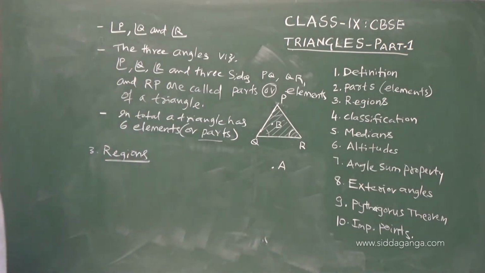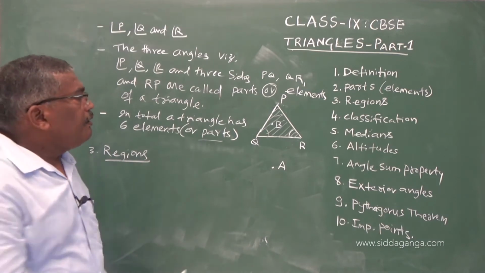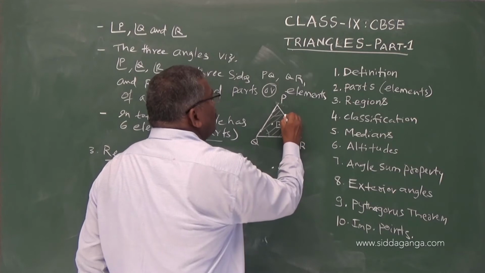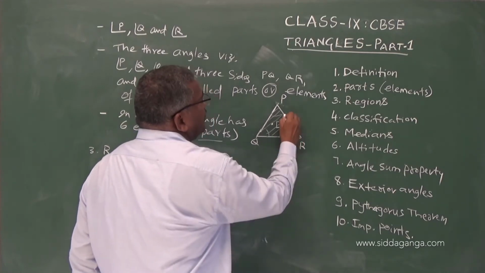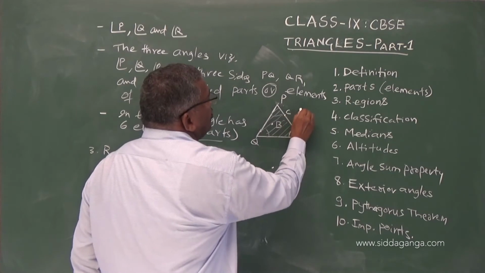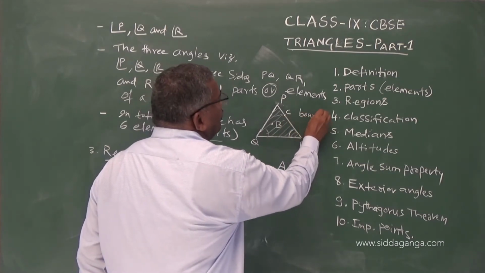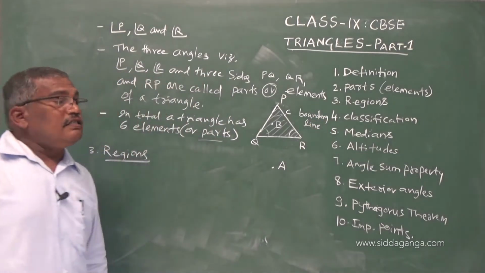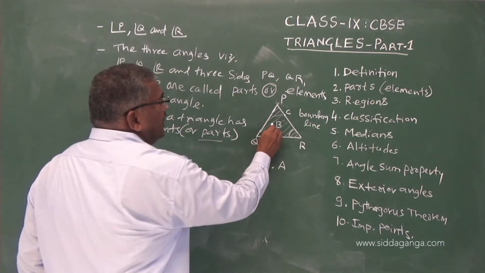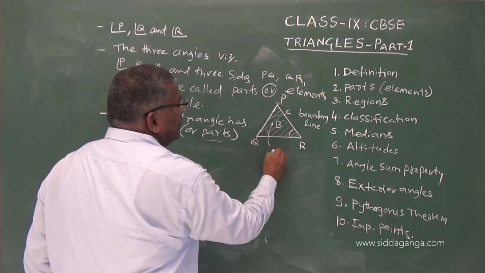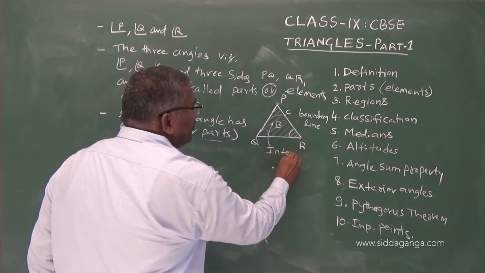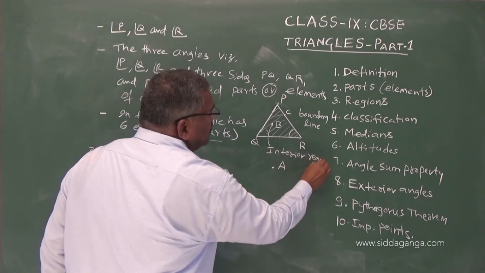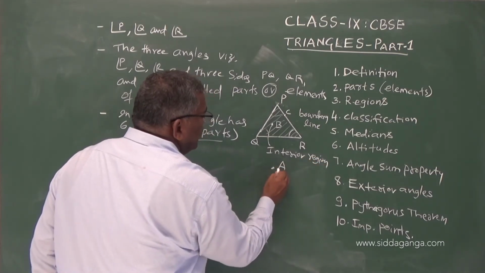and see, we say boundary line. Suppose any point C is on the line PR, let us say the point is here, all this we say boundary line. So therefore the 3 regions are, as you can see, this is interior. I will write here, this is interior region or area, we call interior region. This point A is exterior